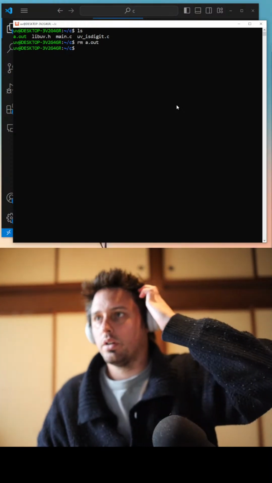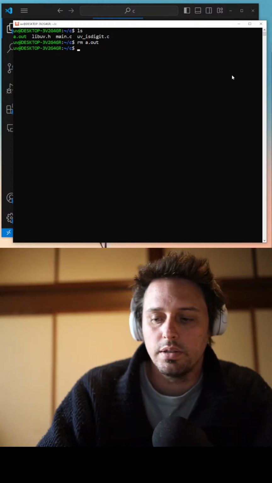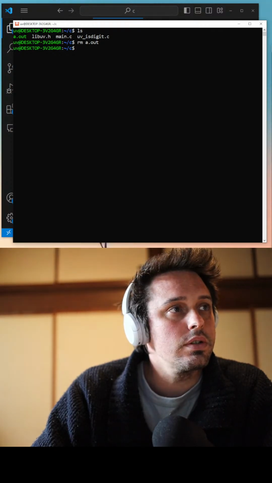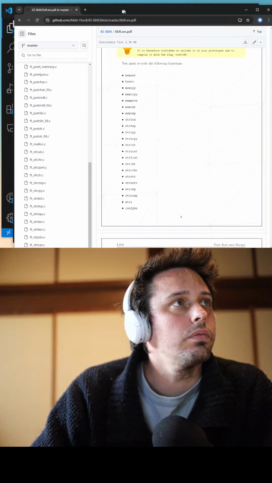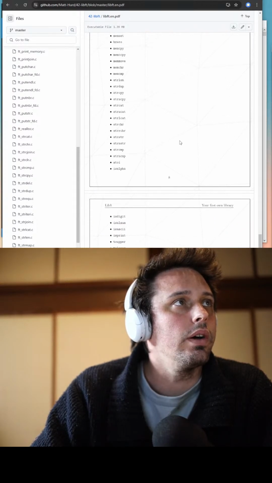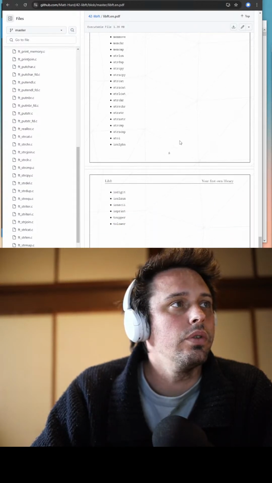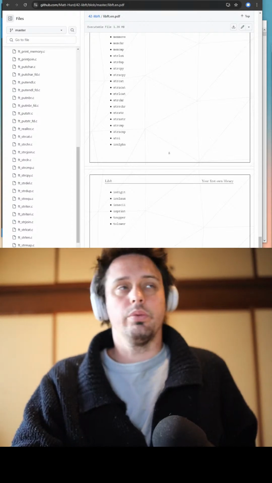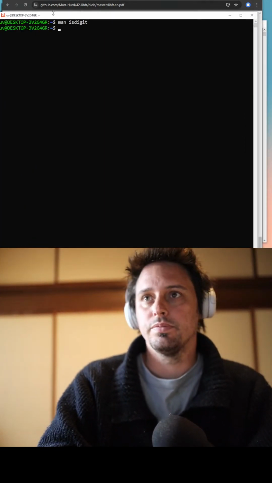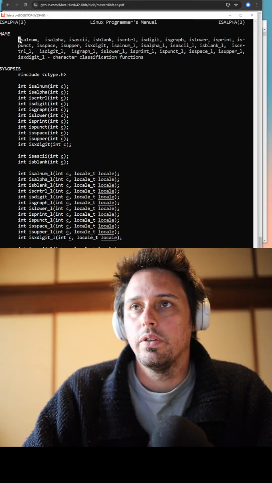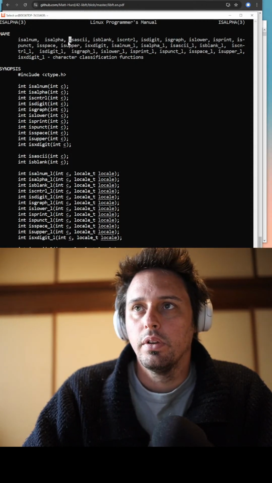What are we coding? I'm just practicing my C, and I'm doing that by implementing some of the standard library functions. So here's some of them that are good to implement. It's been a while, so I'm doing them in order of what seems easy. So isdigit, and we can have the man page in Ubuntu that tells us how it's implemented. There's a bunch of these, like isalnum, isalpha, which I think is alphabetical, isascii,